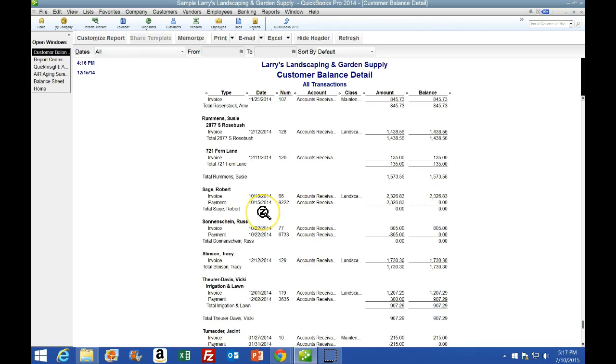Now I'm going to go ahead and save this entire report once again, and I'm going to go back to exporting it to Excel. So I want to export it to that same Excel file that we had already exported to prior. So I'm going to go ahead and go to Excel. I'm going to export to a new